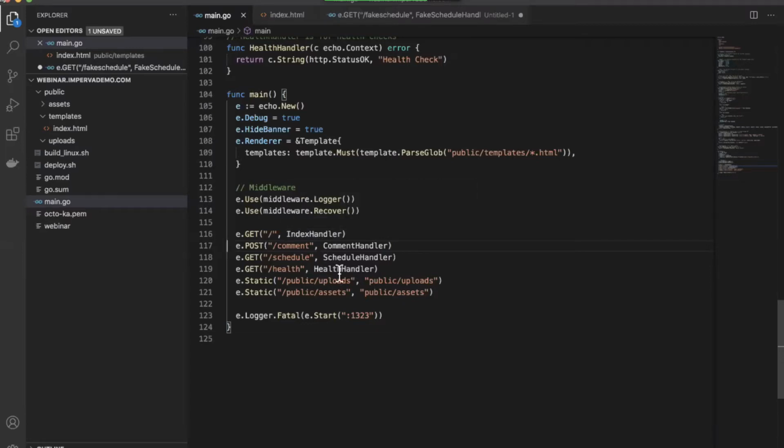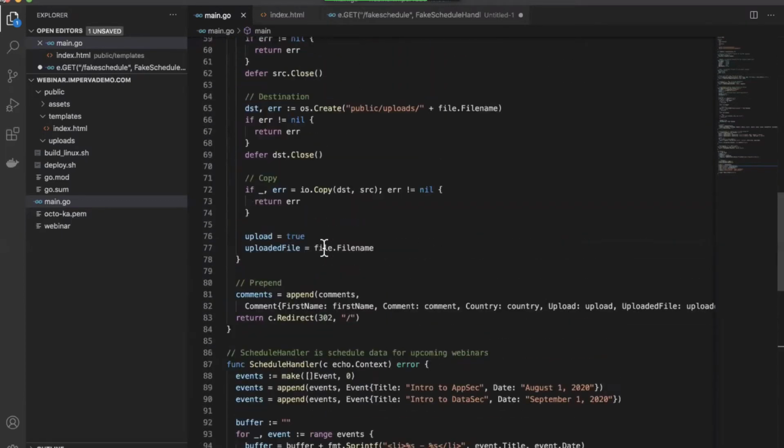I'll walk you through some of the handlers from a code-based perspective. And I'm doing this just to give you a sense as to how the application is crafted. Again, I'm a pretty technical person, and you'll see me try to expose some of this technology. We won't go super, super deep. We'll try and bring it back up. But for those that want to just see a little bit more about the application, that's what this part's going to be for. So there are a couple of key handlers in here.